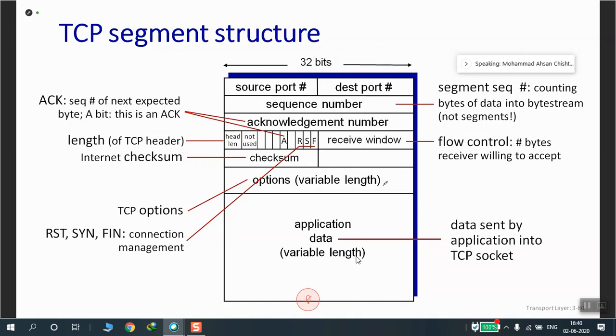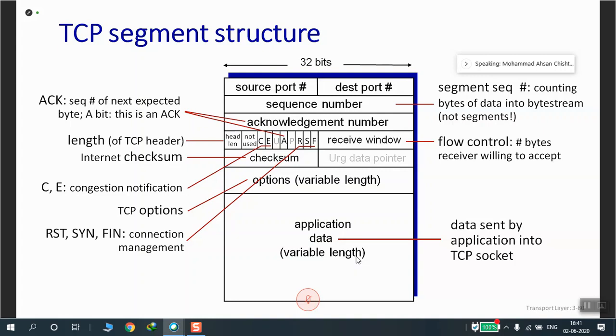Then we have certain flag fields, one of them is A, then we have RST. A is known as the acknowledgement bit, the ACK bit. Each of these, C, E, U, A, P, R, S, F, is 1 bit each, so they denote just 0 and 1.